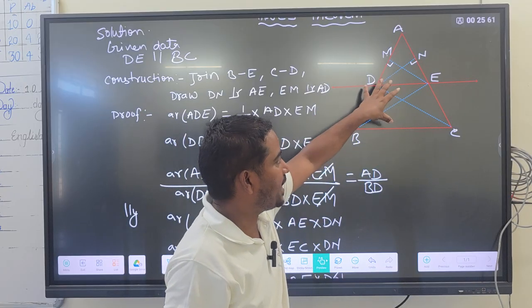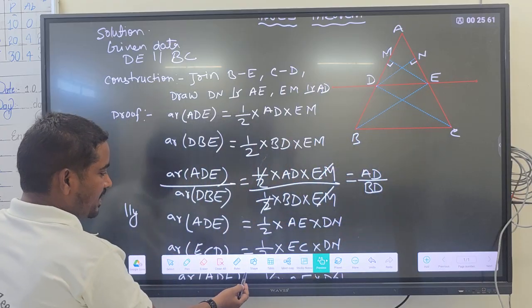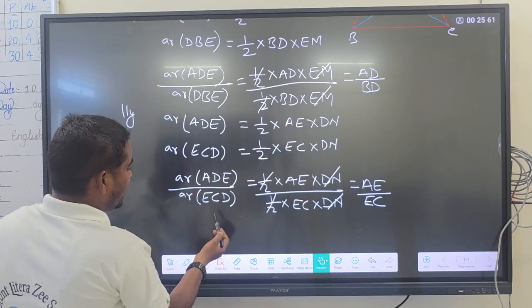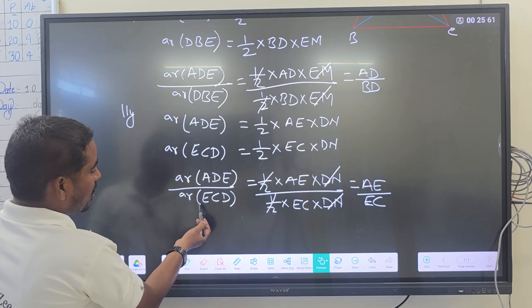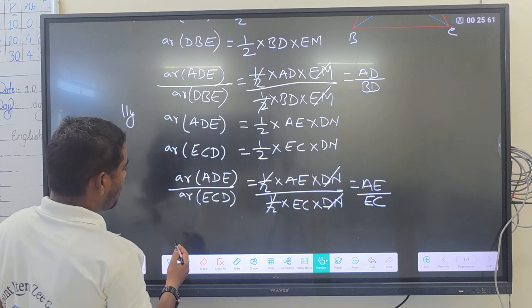So the areas of these two triangles will be equal. What I mean to say is that instead of writing area of triangle ECD, we can write area of triangle